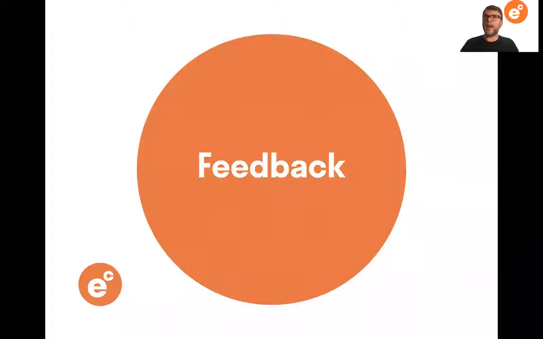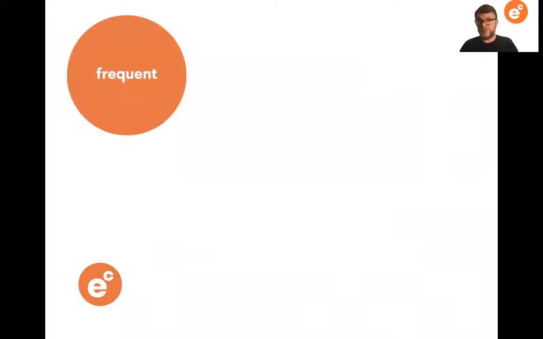So in terms of feedback, what does it need to be? Well, it needs to be frequent. Exactly as Dylan William just said, you need to make sure that the feedback you're giving to them is constant. It's daily. It's within every single lesson. A student should be walking away thinking, oh, the teacher told me some area I can improve. Now, some of that can be whole class feedback. So that's fine. But some of that does need to be individual.